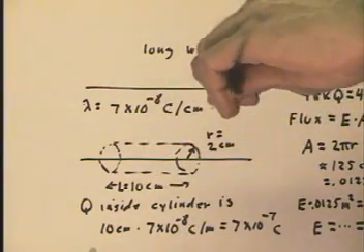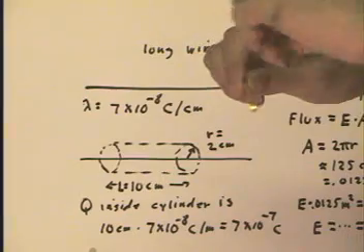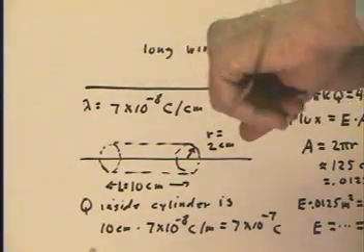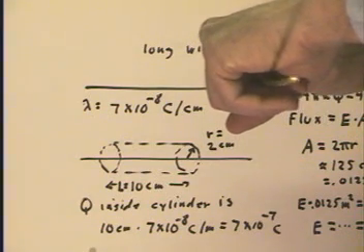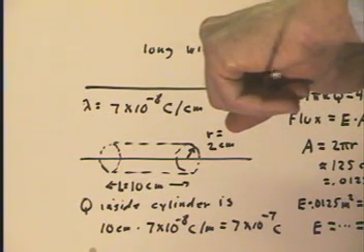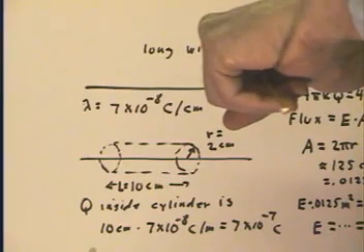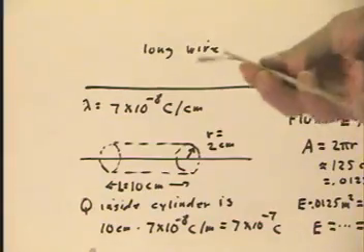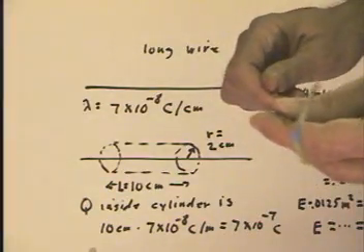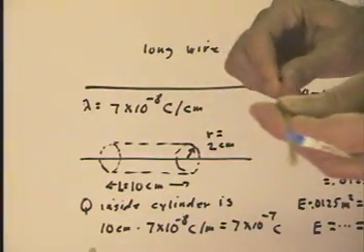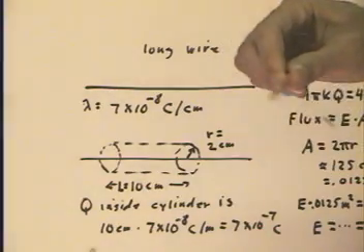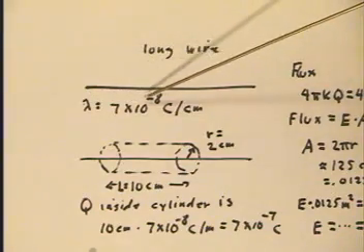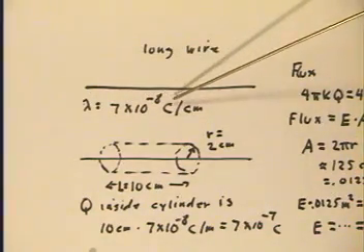If I hide the tag so you can't see it, well, I guess you can kind of see it, but can you tell? If I hide the hand that's doing the rotating, let's see if I can do that. You can probably tell by the fact that it's moving, but you don't know if I'm moving it or rotating it. If it's a completely uniform wire, the point is that if I rotate it through 90 degrees, 180 degrees, negative 30 degrees, whatever, it still remains a wire with 7 times 10 to the negative 8th coulombs per centimeter